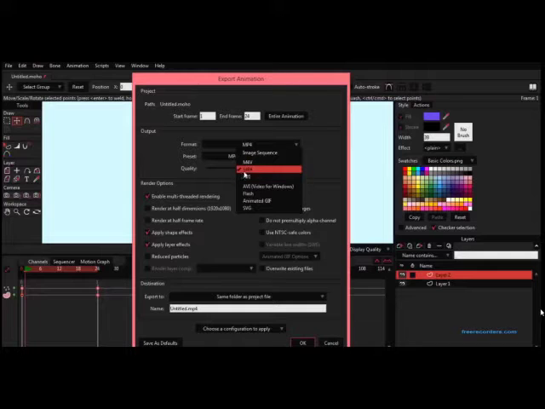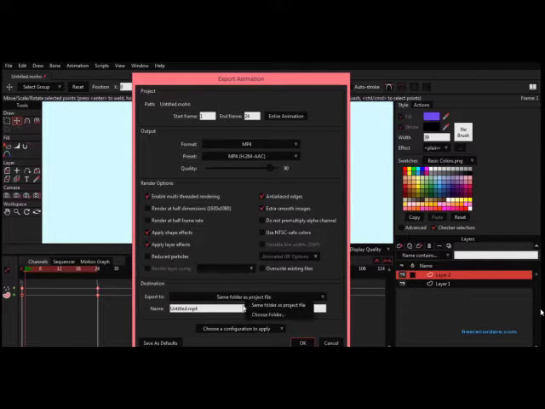You have your MP4 size or AVI, and you have the quality, and you have the name, export to, which folder do you want it to export to. You have several other settings here that you could change, you know, the alpha channel, meaning the light transparency or the opacity of, or you could render at half dimensions,